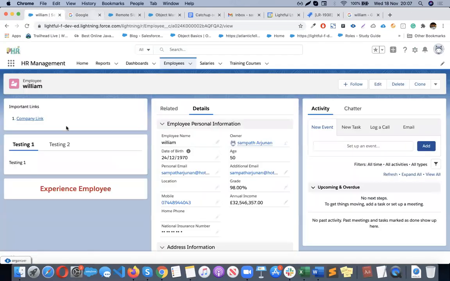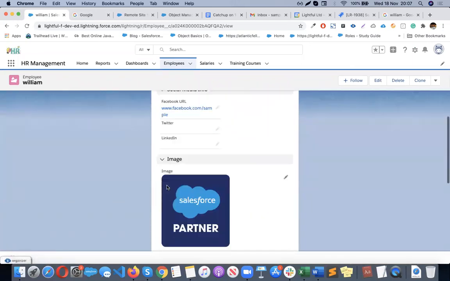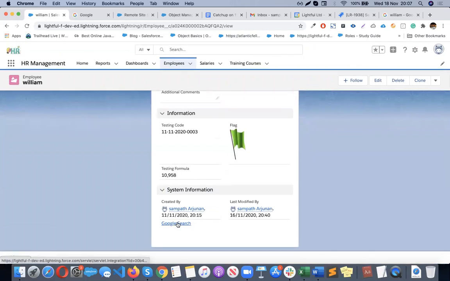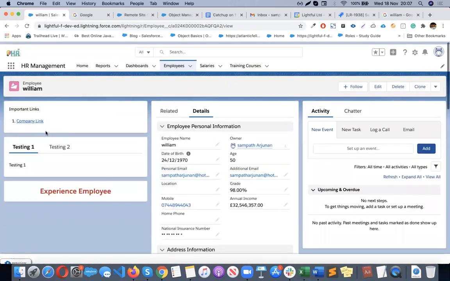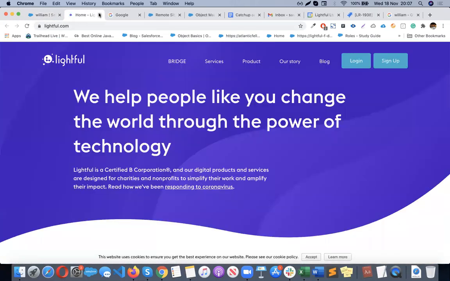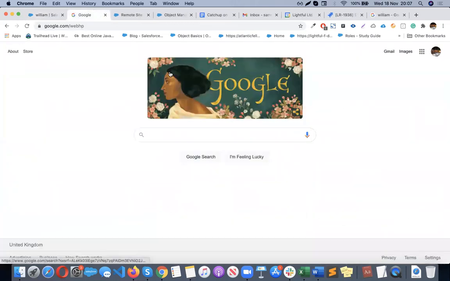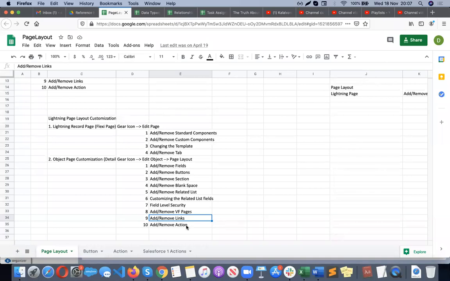See here, you can add it like this also. Either you can put it as a link like this, or like this. So up to you, we can decide. So that is one way of adding the link: add or remove custom links. If you don't want it, you can remove it or add it.